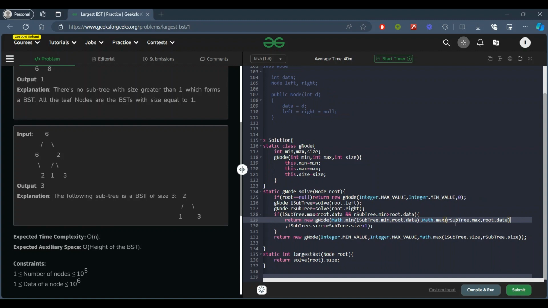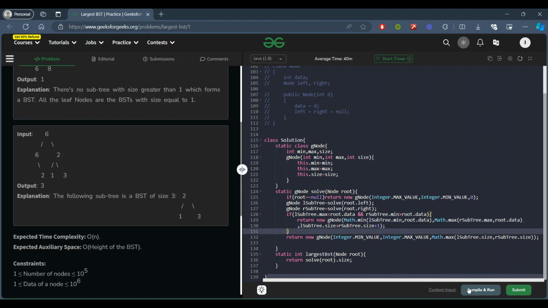That's why we have to compare, so that root dot data is considered as the max value. That's why we are doing math.max and math.min for the parameters we are taking here.